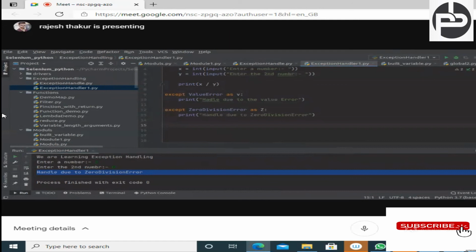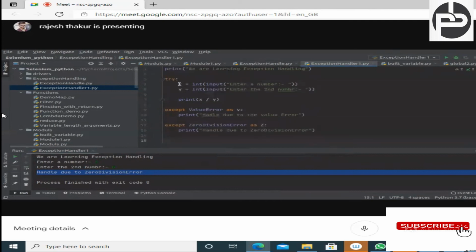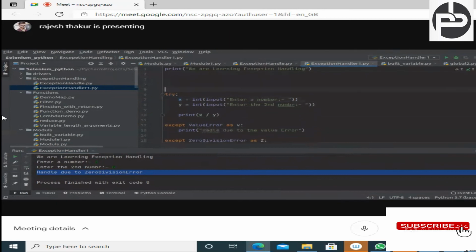Yes, we can do. Here we are doing the same thing. If you go to this code, let's suppose this X and Y will come from the other model, then in that case we can do, right? Okay, no worries, I can give you that example.